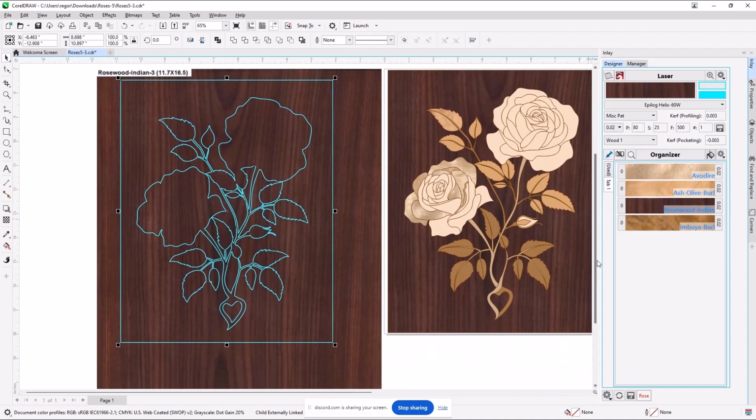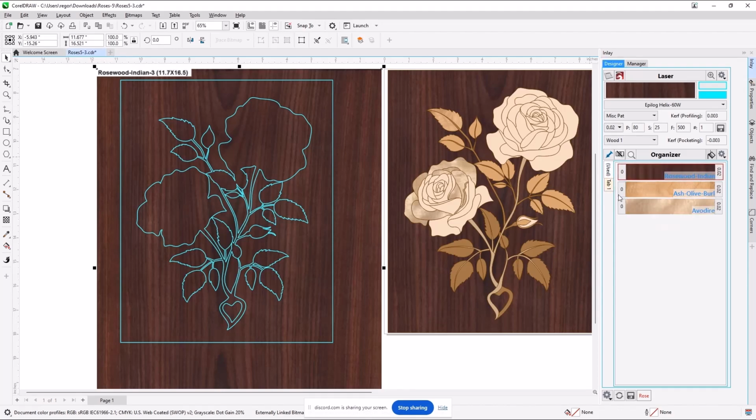Oh, that was one other thing. This one says it's 11.7 by 16.5. How do I know that's real? The program sizes it automatically. So if you look, when I clicked on the veneer picture, it immediately says it is 11 by 16. It's possible to get the veneer in with the wrong size, which is what we ran into initially. There was some stuff like that. So let's talk a little bit now about, let's say we had everything populated, we're cool. We just want to do a cutter panel.